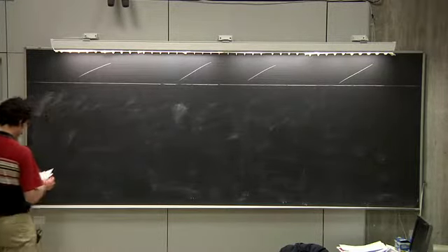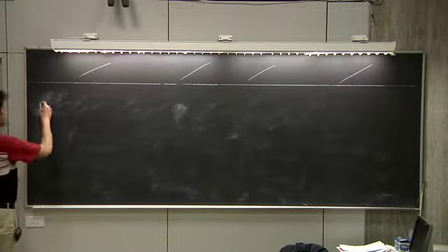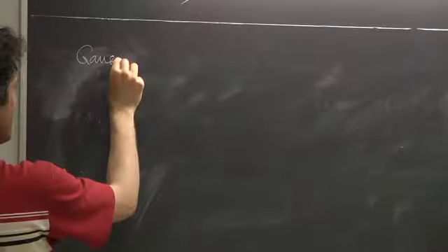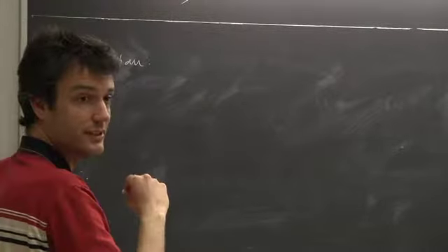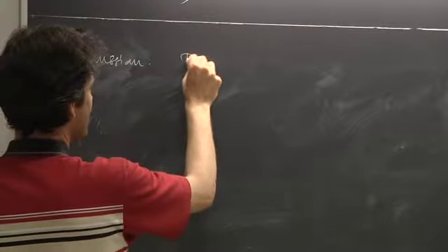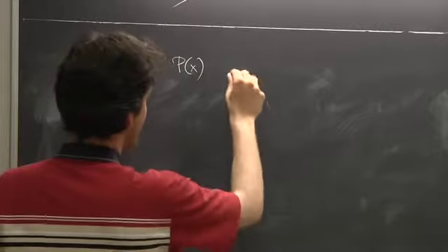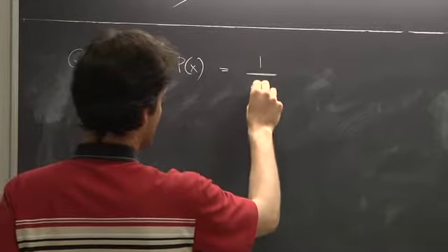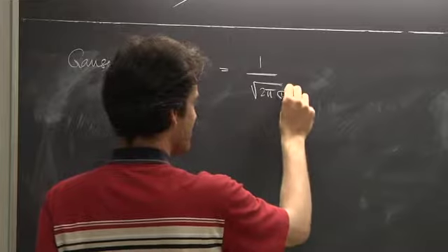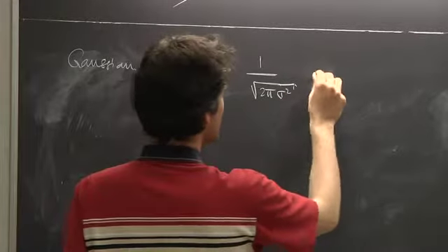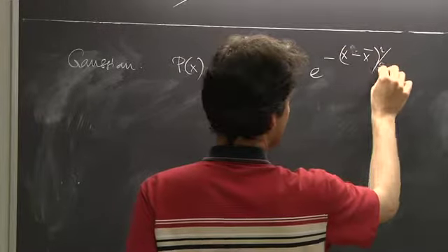Just a quick reminder. You saw Gaussian distributions and Poisson distributions and so on. Can you quickly remind me of what are the means and the variances of a Gaussian and of a Poissonian? So what is P of x of a Gaussian? There's a 2 pi here, and there is a sigma squared under the square root, e to minus x minus x bar squared over,